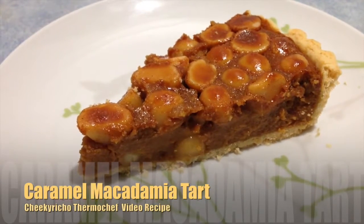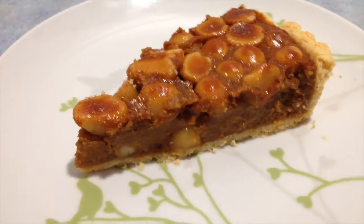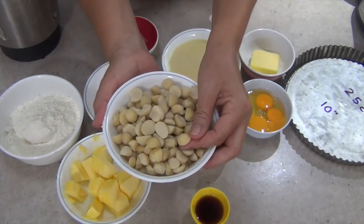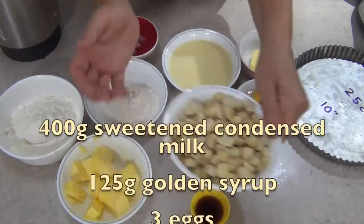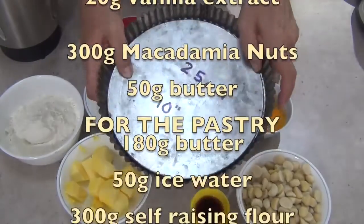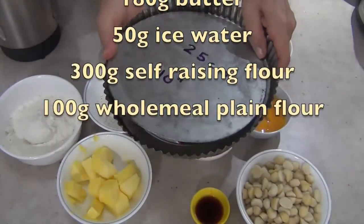Hi and welcome to Cheeky Richo's Caramel Macadamia Tart. Macadamias are the Australian bush nut. These are the raw unsalted varieties and we're just going to lightly roast those. Pop them into a really short pastry in a 25cm or 10-inch pie flan with a removable base